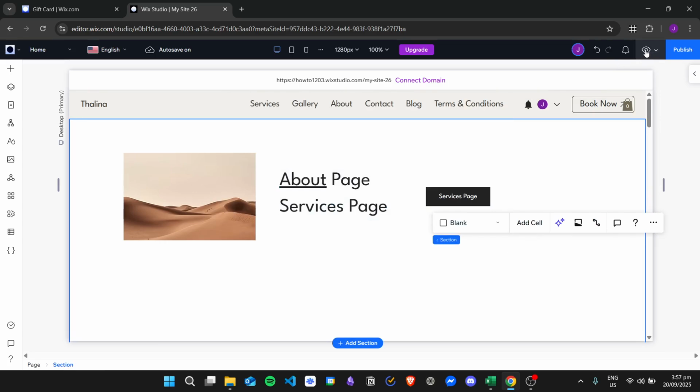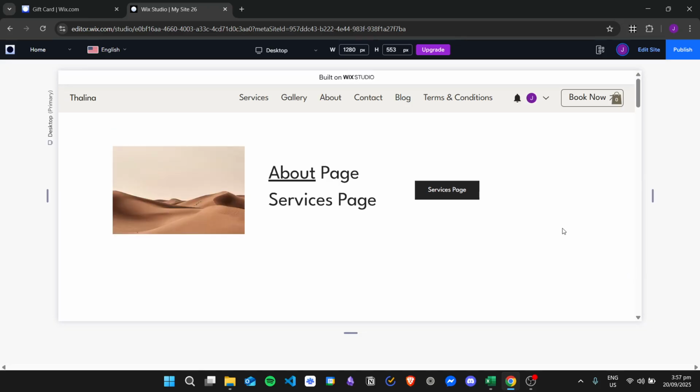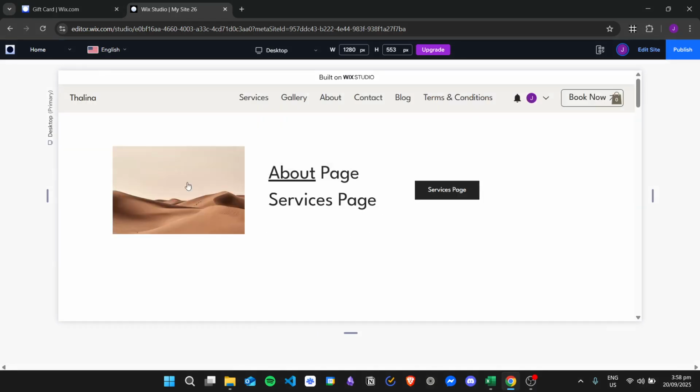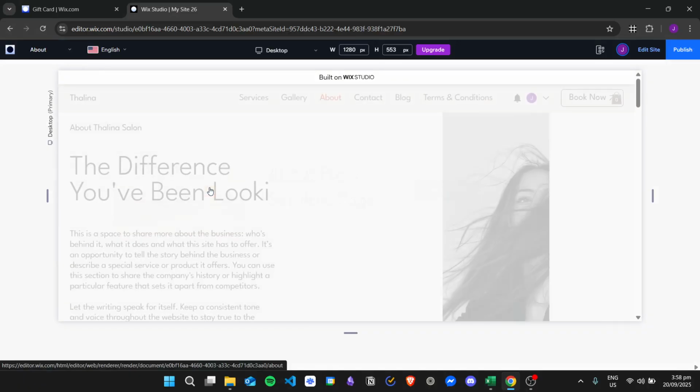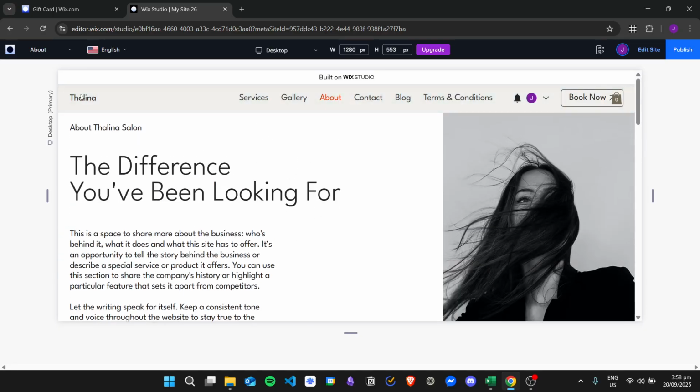Click on the preview so that we can preview the website. Then first the menu, since we added the terms and conditions. As you can see, I can click on it, and then it will lead me to the terms and conditions page. So going back to the home page, I can also click on the image right here. Then it should lead me to the About page. And as you can see, we are now in the About page. Going back,